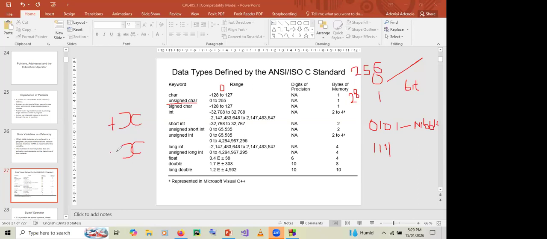But once it starts having a sign, okay, we need to split up the entire byte to take care of the negative and the positive. Okay, so anytime something is signed, it is split up. Anything signed is split up. But anything unsigned takes only positive. Okay, unsigned takes only positive, no negative. All right, so